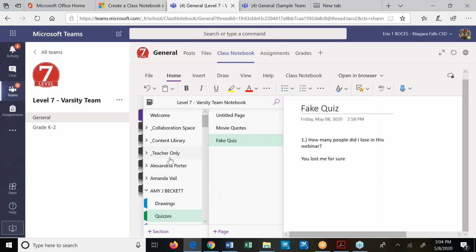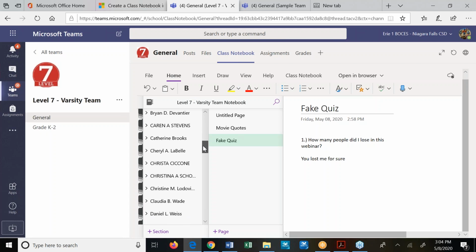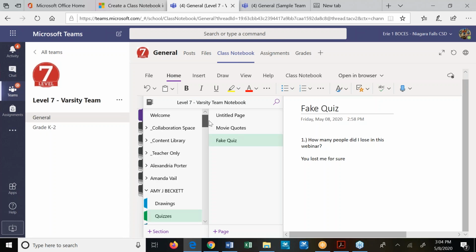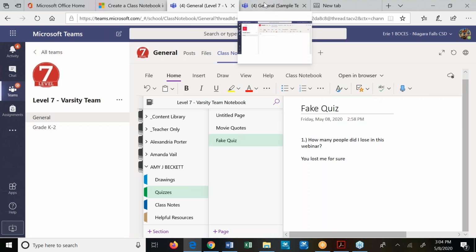All right. Now, as the teacher, I can go to Amy Beckett's folder. I can go down to Denise Karski's folder, see what she put in there. I can go to Brian Collins' folder, Devin Tier's folder. I can see what everybody is writing inside their folder. All right. So this is why I'm recommending that you create your sample team, play around with the notebook there,